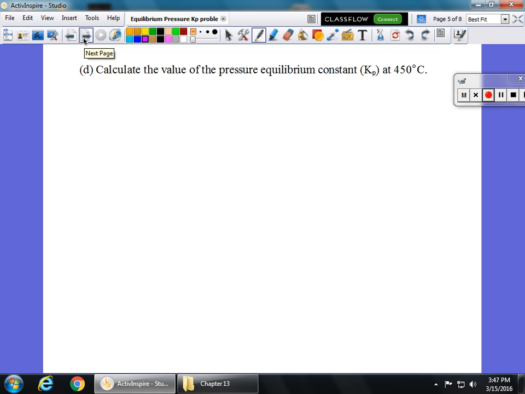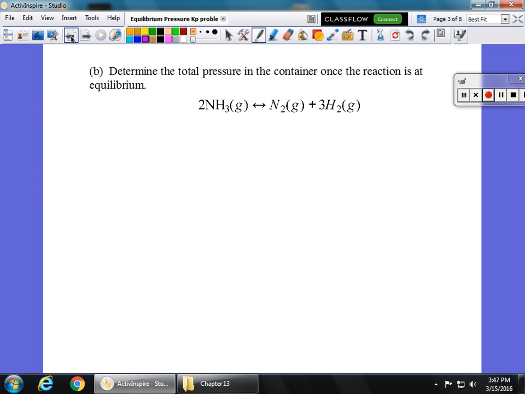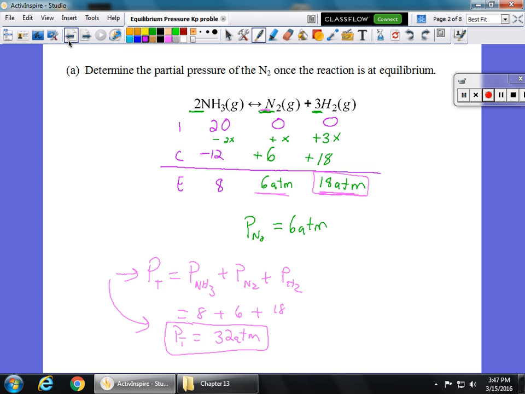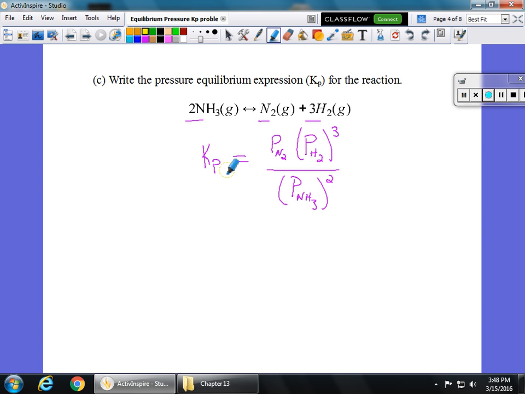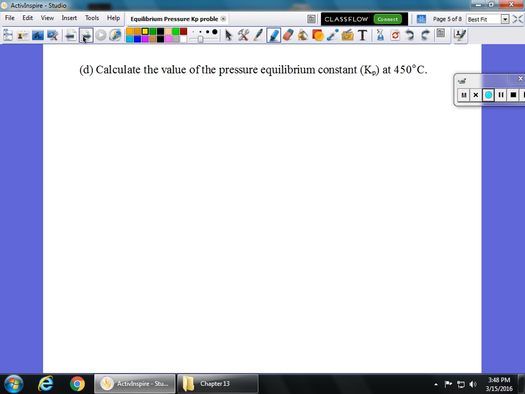Calculate the value of the equilibrium constant. Wow. So now we've got to go back and take our values that we found in this step. So we've got to take our equilibrium values, whatever they happen to be for you. If you got a wrong calculation here and got different values, that's okay, as long as you're correctly substituting from part B, where you found all of those, into part C's equilibrium expression. So to solve for that Kp,